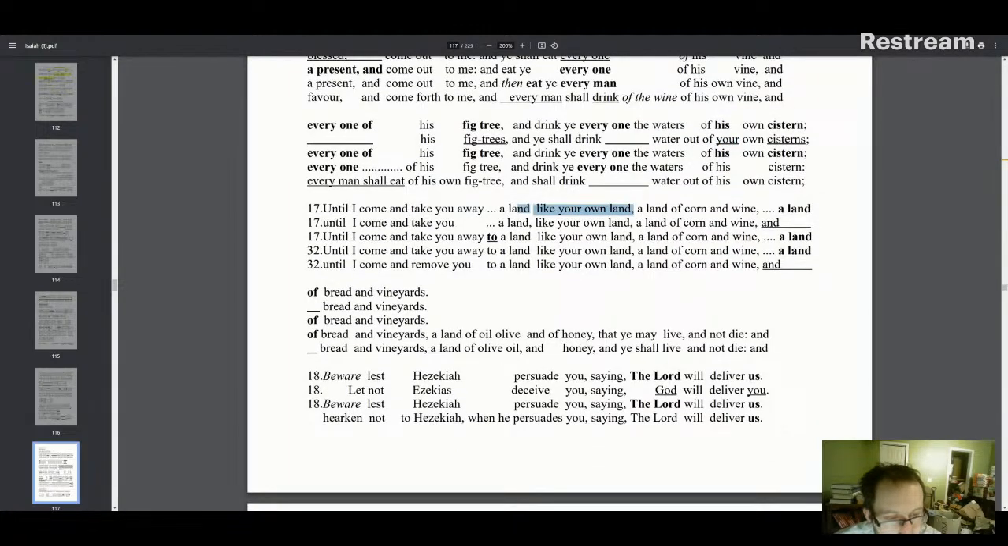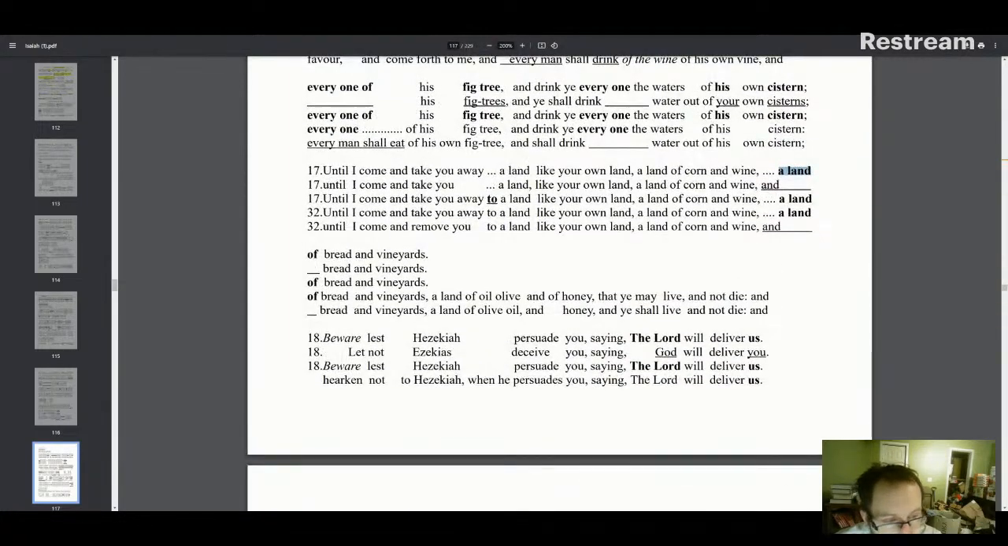A land like your own land, a land of corn and wine, and bread and vineyards. The Hebrew says a land of, in the Hebrew of Isaiah and Second Kings, whereas the Septuagint of both omits land the second time. But again, this is an example of where the Septuagint uses the one noun and applies it to both instances. We do that in English too often. So a land of corn and wine and of bread and vineyards. So it's just condensing it for simplicity's sake. The reading of the Hebrew is more likely to be correct,